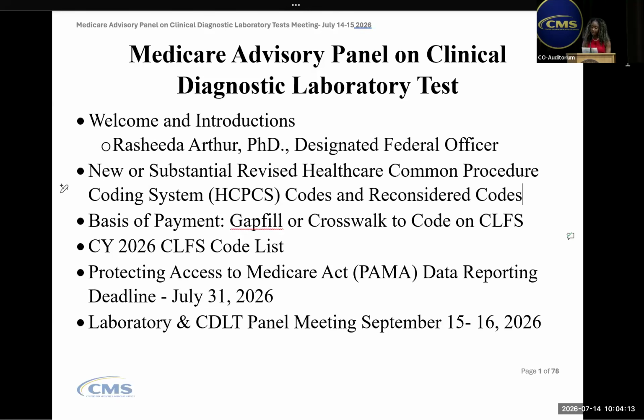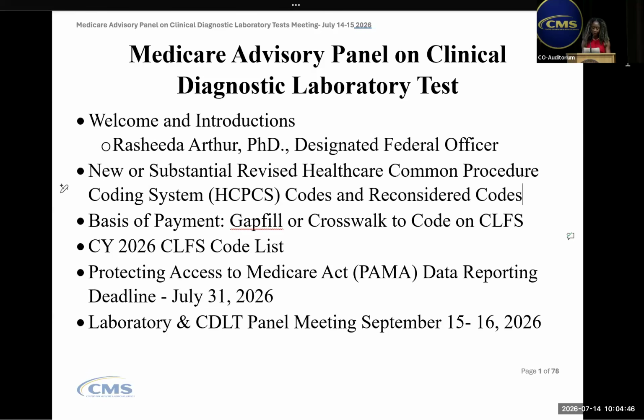The public has an additional 60 days from the date we issue our annual instruction on the final payment determination to request reconsideration of either the basis of payment or the amount of payment for new or substantially revised test codes. The public may comment on these reconsideration requests at the next CLFS annual public meeting. Once a code or a lab test has undergone a reconsideration cycle and CMS has made second final determinations on the code or the test, the payment methodology is final.